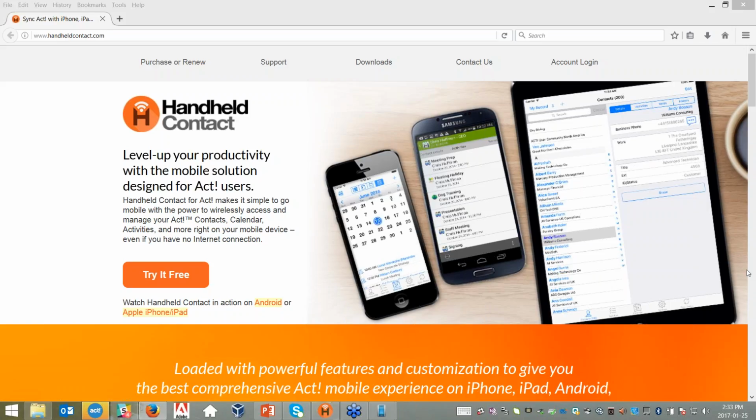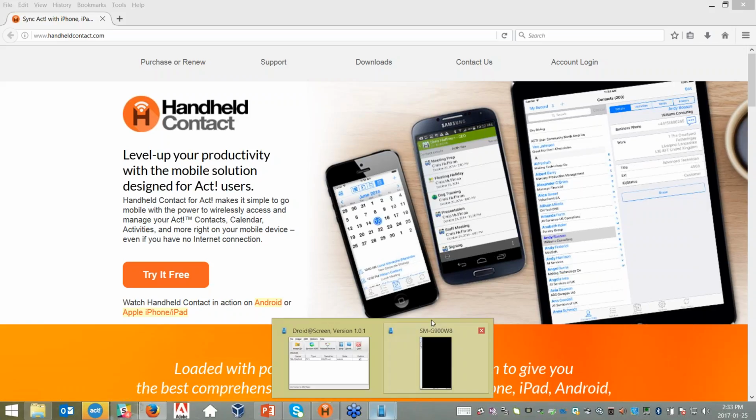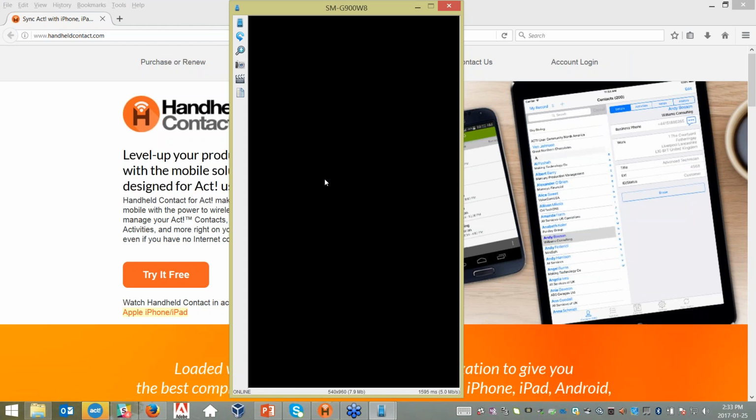Yeah, I'm trying to understand that as well. There's saved searches. Is there a plan for them to also have recent lookups? I'm guessing the recent lookups, not so much the saved searches, but like if you did a lookup on the city being Toronto, sort of like how ACT has the previous 10 lookups. Is there a plan for Handheld Contact to have something similar to that, looking at your most recent lookups? Not in terms of lookups from your native address book, sorry, from your Handheld Contact address book, but in terms of the